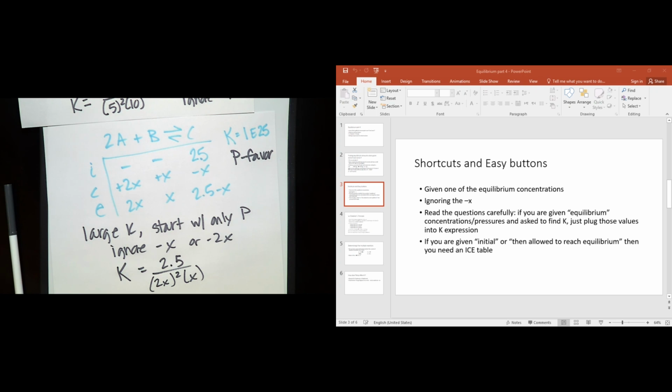The final bullet point on this slide is if you're given initial or then allowed to reach equilibrium, you're going to have to use an ice table. The only time you're not going to need to use an ice table is if you're given what you are told are equilibrium concentrations or equilibrium pressures and asked to find K. That's the only time that we're not going to use an ice table for this type of